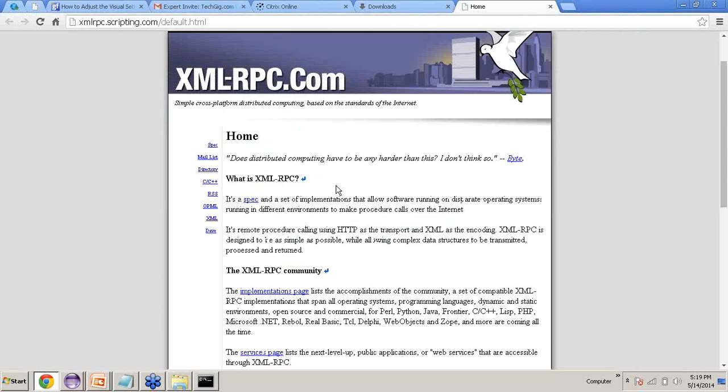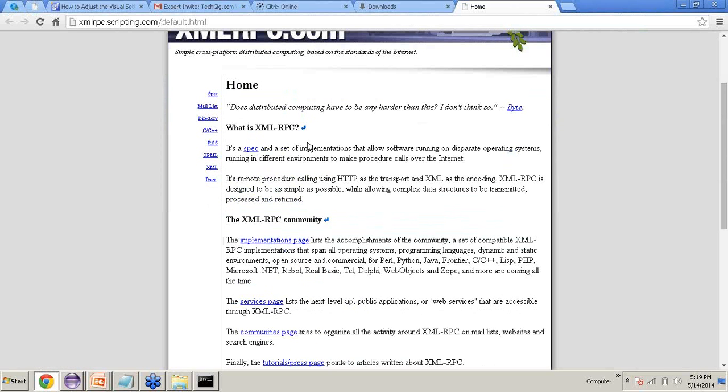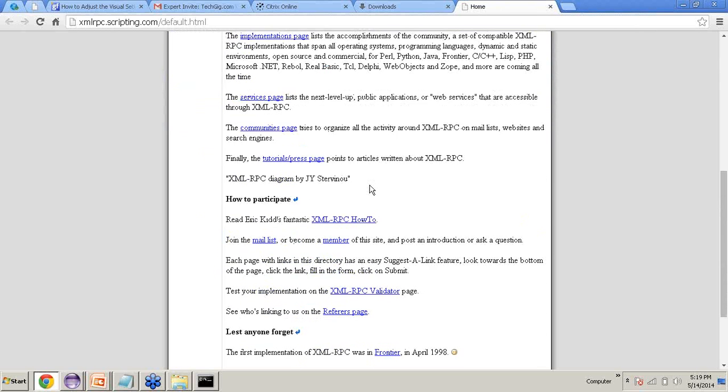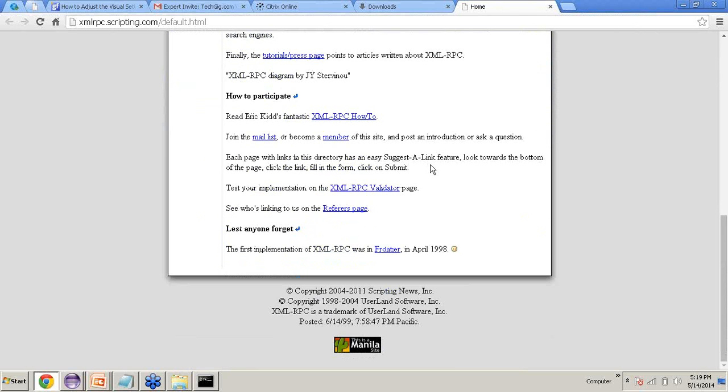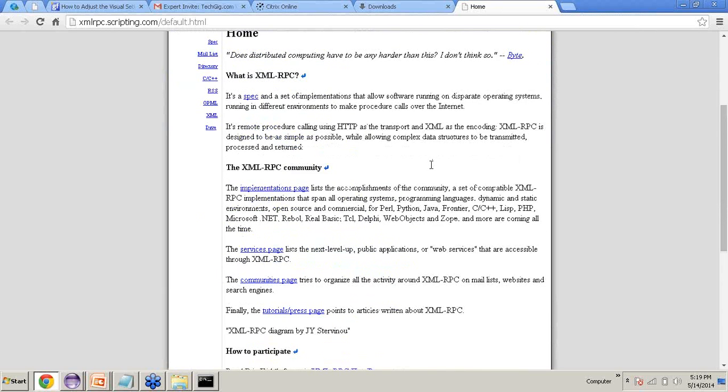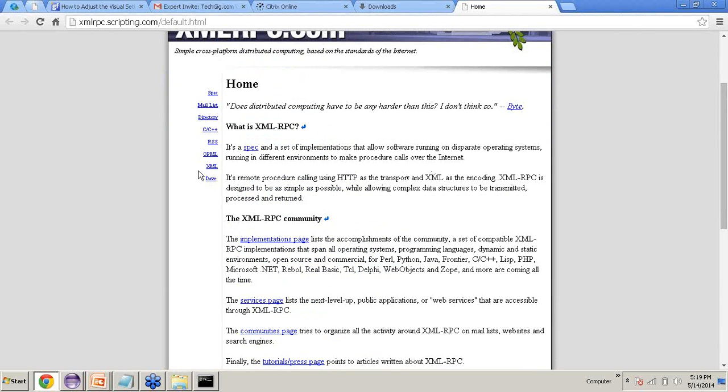Like this is the official website of XML RPC standards. So here we can find different data types that can be used in XML RPC. What should be the format of XML request and all those things.